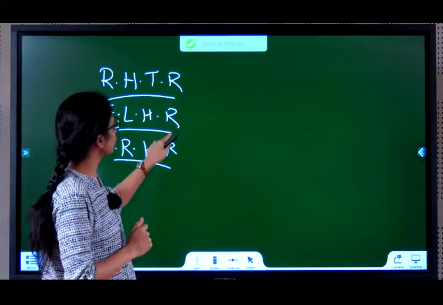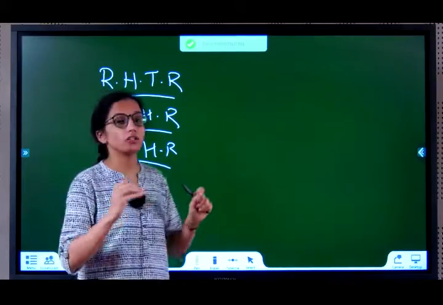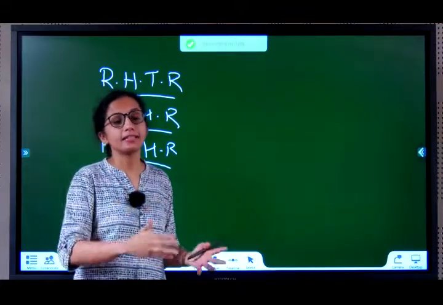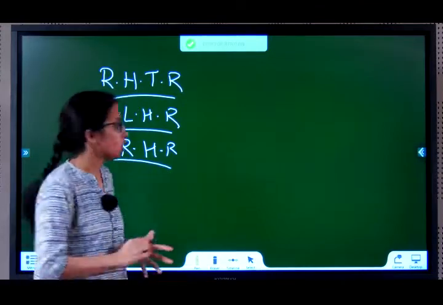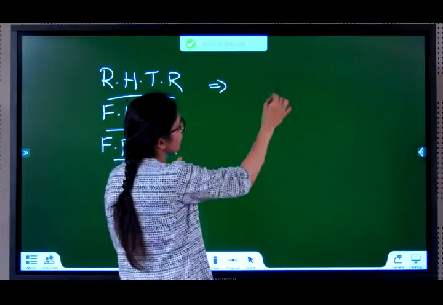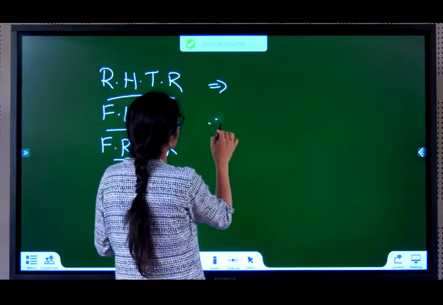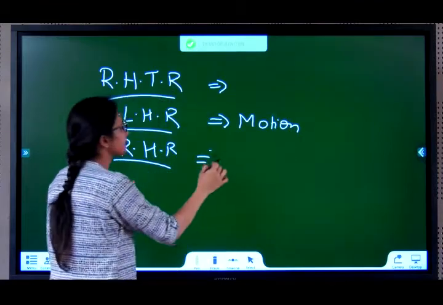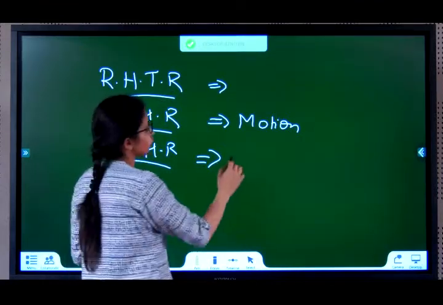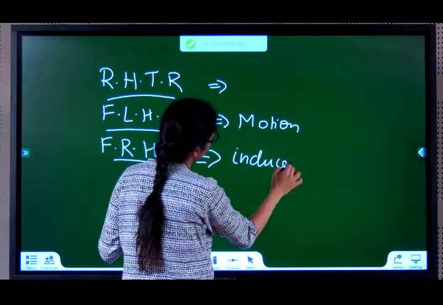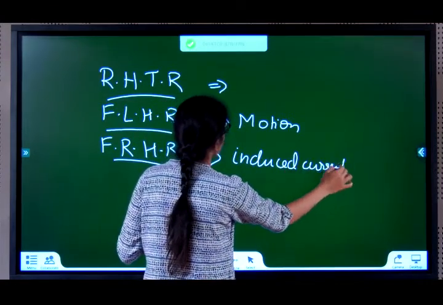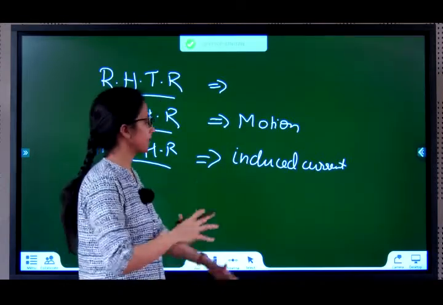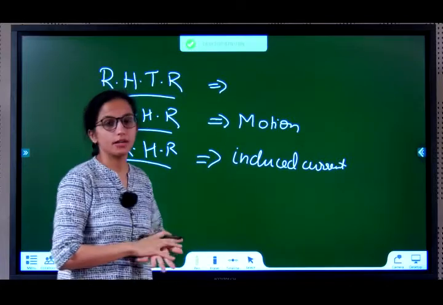Fleming's left hand rule is to know the direction of what? Of the motion of a conductor. What kind of conductor? That is carrying current and placed in a magnetic field. So here this is nothing but the direction of magnetic field around a straight conductor. Here it is nothing but the direction of motion. And Fleming's right hand rule is used to get to know the direction of the induced current. And when is that current induced? When we have the conductor moving in a magnetic field. So there's motion and field and you get the current here. So these are the three rules we know until now.